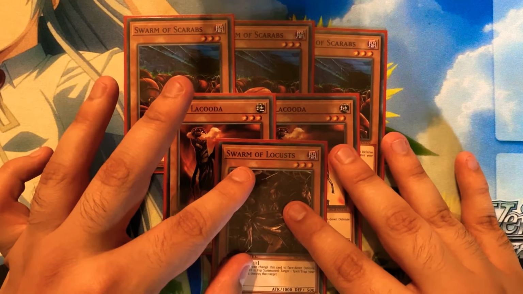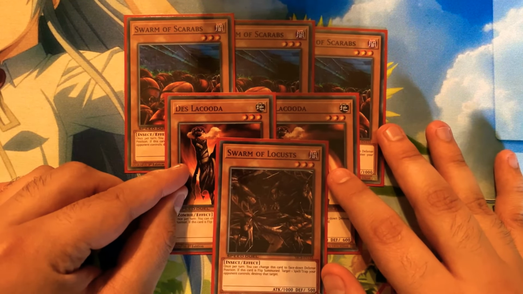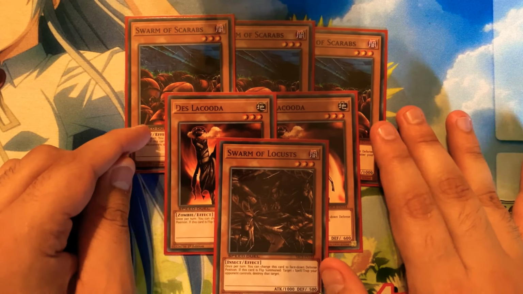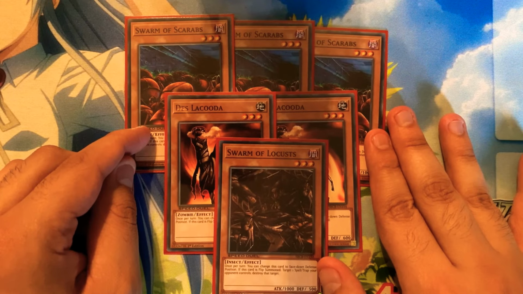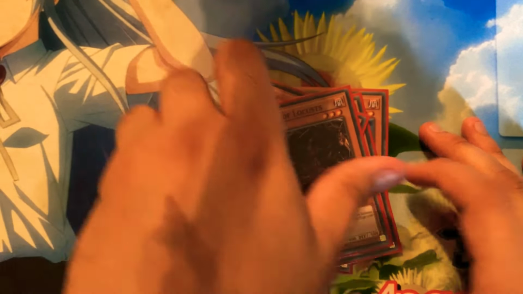Again, we have monster popping advantages with the skill card. We do need to be able to draw, so we do need to play at least some copies of Deslakuta, so 2 seems advantageous. And we don't have any back row removal, so 3 Swarm of Scarabs is probably the best option. So moving on from there, past the